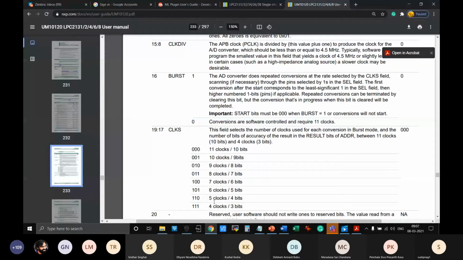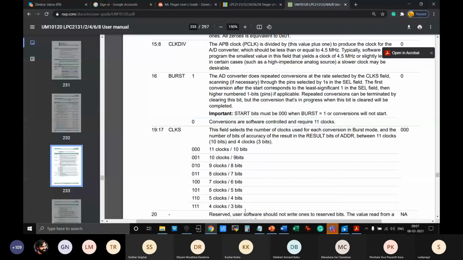So there is something called linearity. I would have to dive more into mixed signal concepts, where integral and differential linearity exist for this ADC. You don't have to go into detail on those concepts, but just remember that if you can select more clocks per bit, that means your result is more accurate. That means indirectly we are saying that there is less non-linearity in the conversion process. And then there is a power down signal, so you can sleep the ADC and so on.